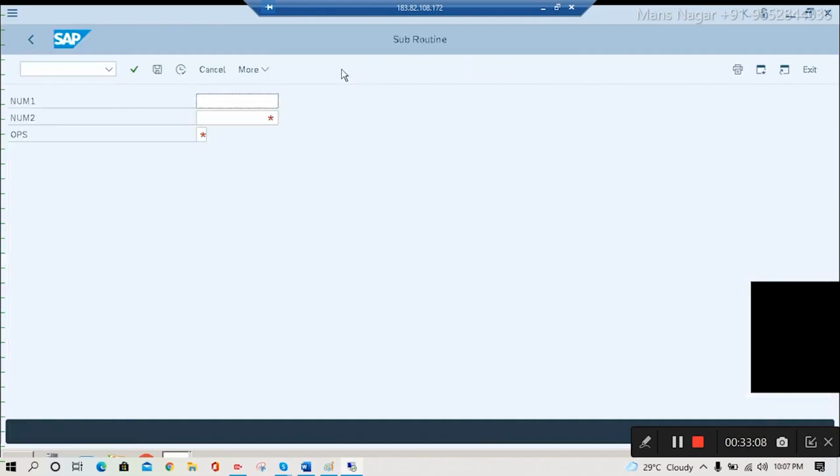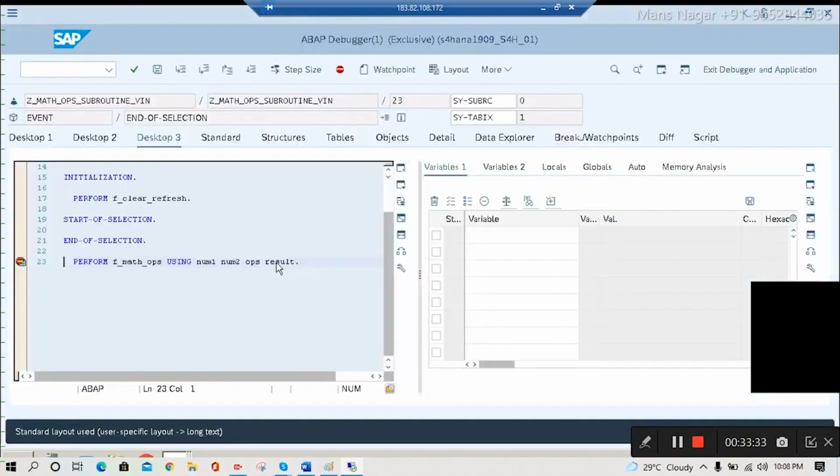Now just execute your report. Put 5, 5. This validation I put actually, C star. So if you execute without putting anything, you will get a message. I will tell you how. So put the plus symbol here. I want to add 2 different digits. 5 plus 5, how much? 10. Click on execute, or press F8, or click on the execute icon. See,